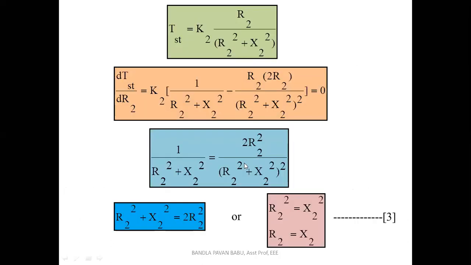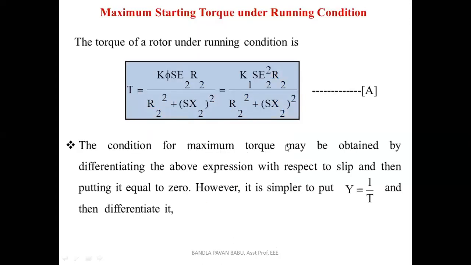Okay. Next, we have taken the differentiation of this torque equation with respect to resistance because slip equal to 1 there. Okay, so in the standstill condition we have to differentiate the torque equation with respect to resistance, that is R2. And we got this equation, that is R2 equal to X2. So from this we can conclude that rotor resistance is equal to the rotor reactance, at standstill, if you want to achieve the maximum starting torque. In running conditions, the slip value varies from 0, but we should never substitute S equal to 0 there. There should be a certain value.